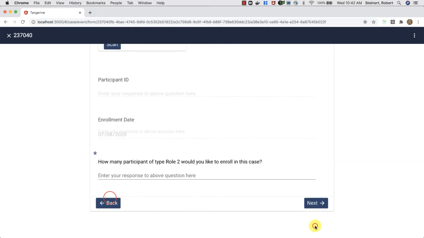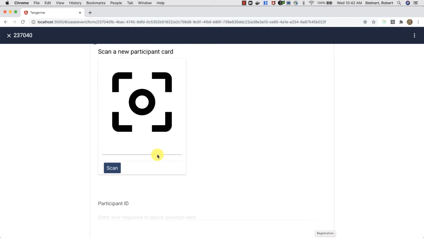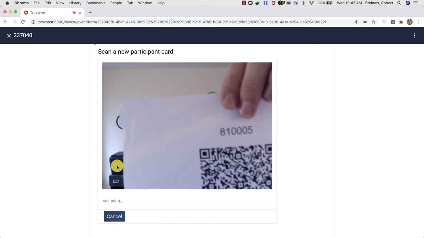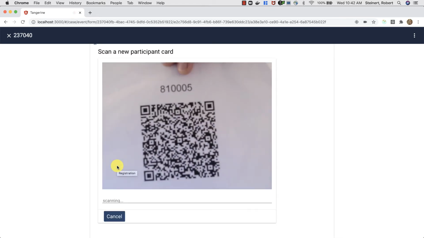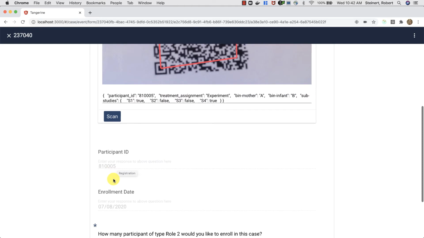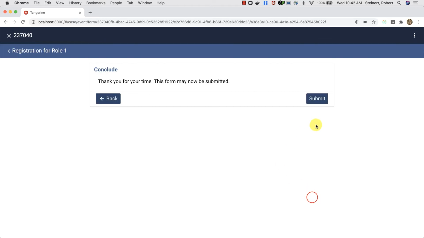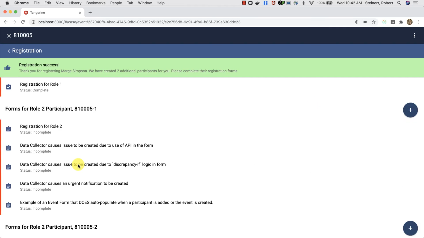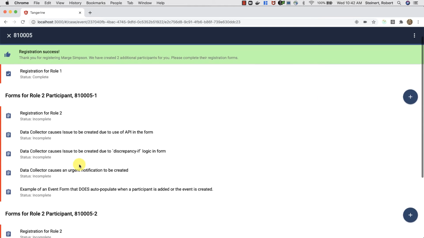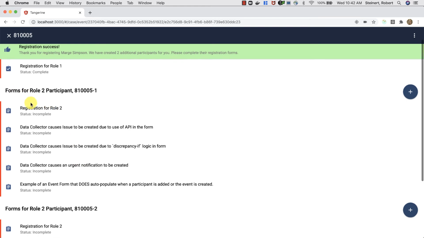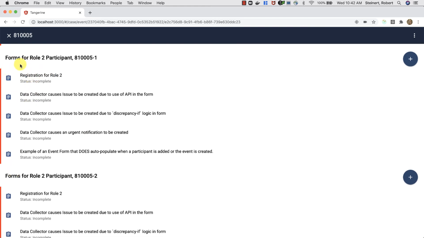I'm going to go through this because those event forms are actually for participants of role type 2. And participants of role type 2 don't get created until you go through registration. So here we see we have 2 participants of role 2,